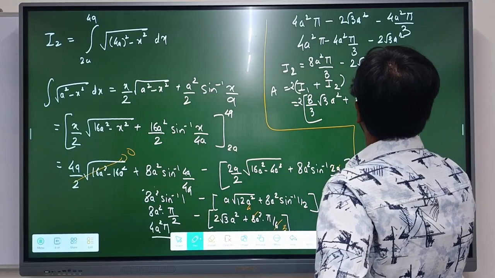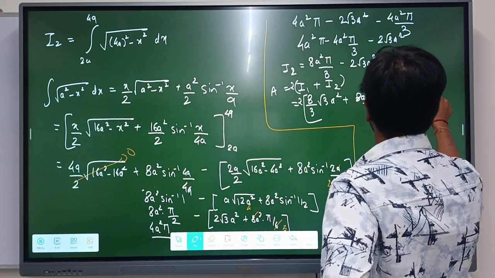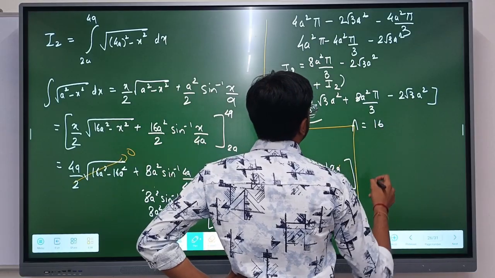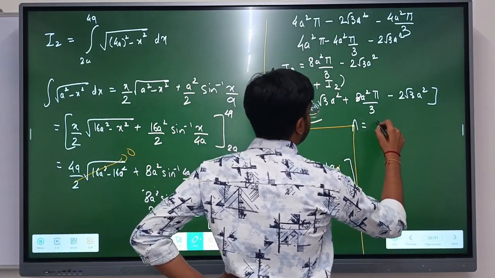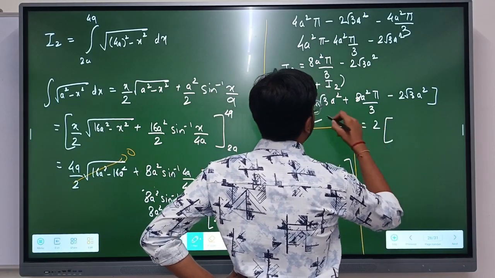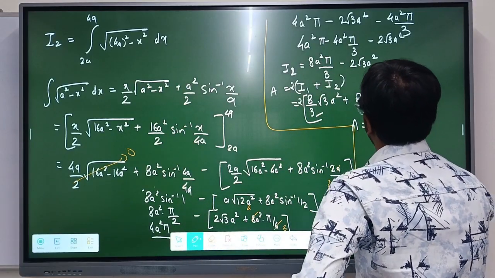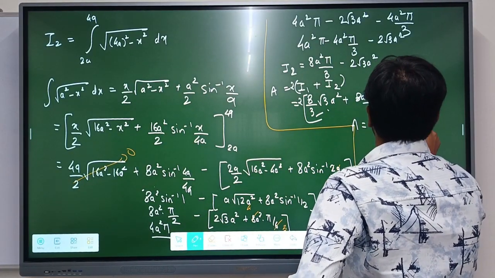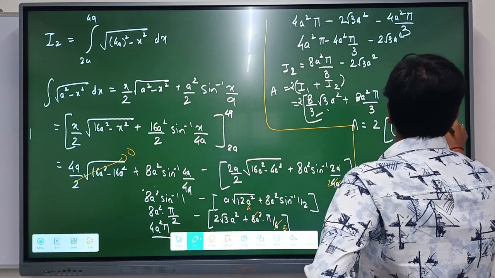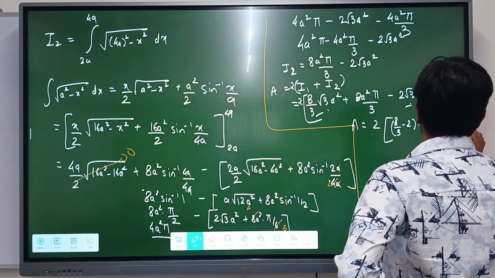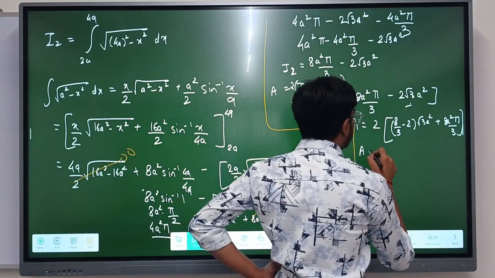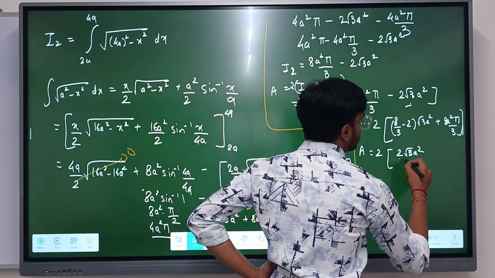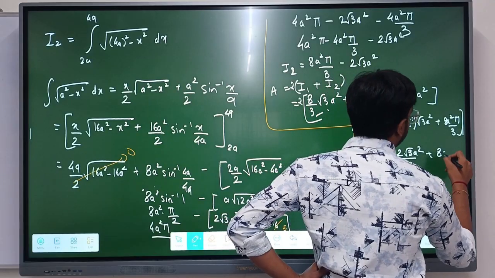8a square pi by 3 minus 2 root 3 a square. Multiply this inside. I'll multiply 2 later. So 2 times 8 by 3 minus 2. What is 8 by 3 minus 2? 8 by 3 minus 2 times root 3a square plus 8a square pi by 3. So 2 times 2 is 6 by 3, that is 2 root 3 a square by 3 plus 8a square